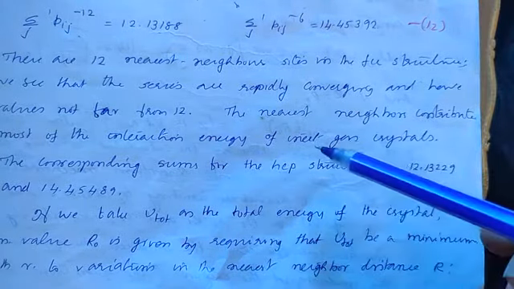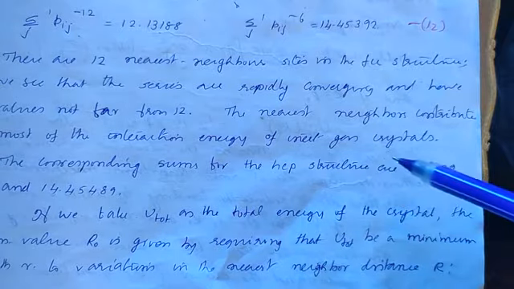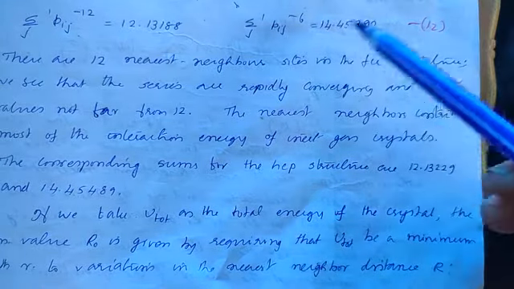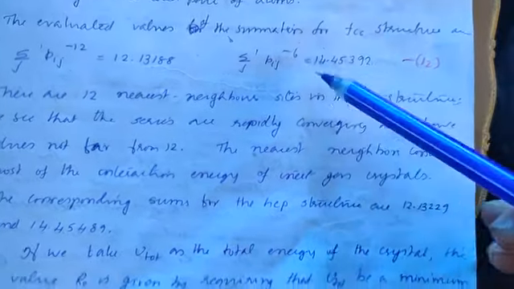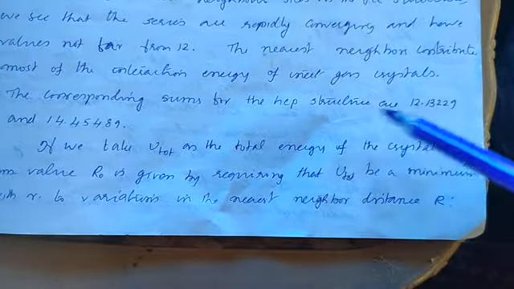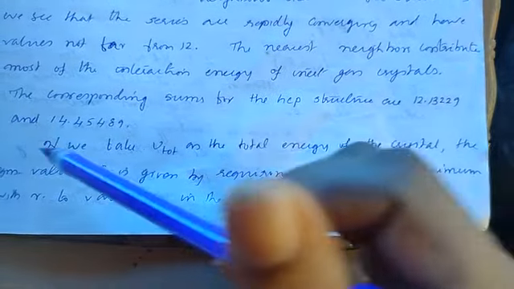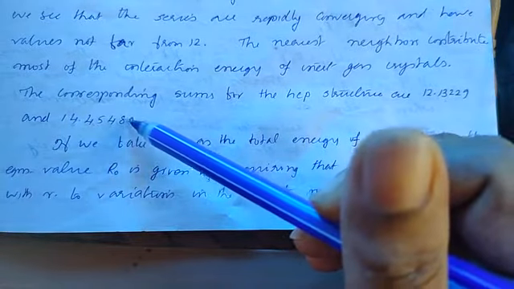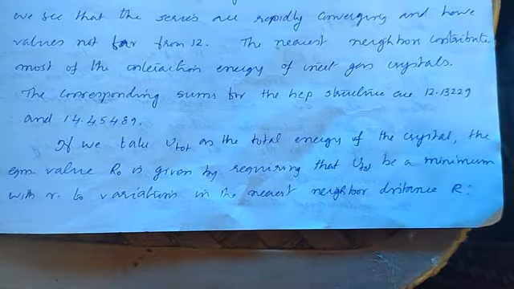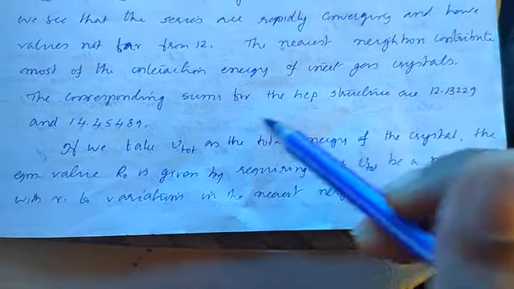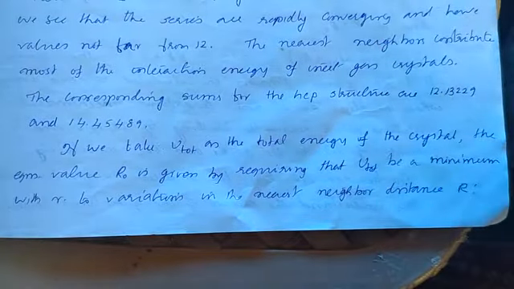The corresponding sums for the HCP structure are 12.13229 and 14.45489 respectively. So if we take U total as the total energy of the crystal,